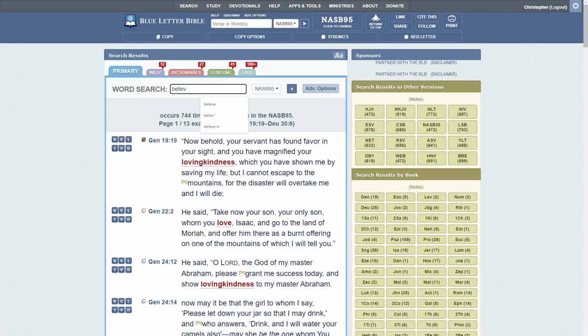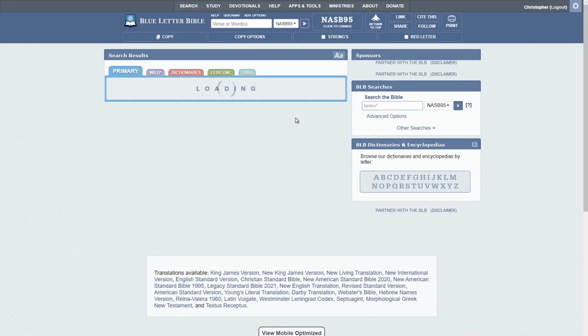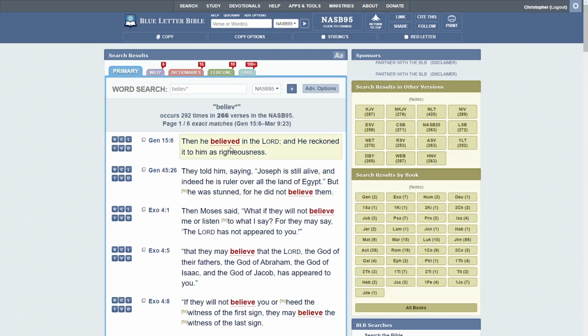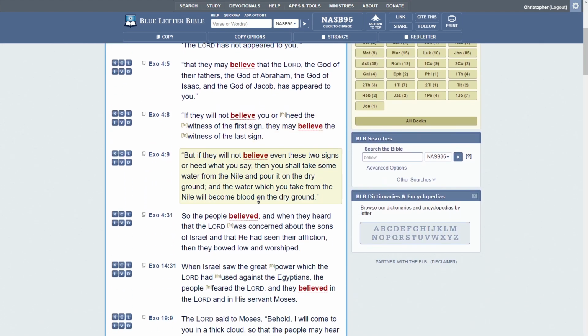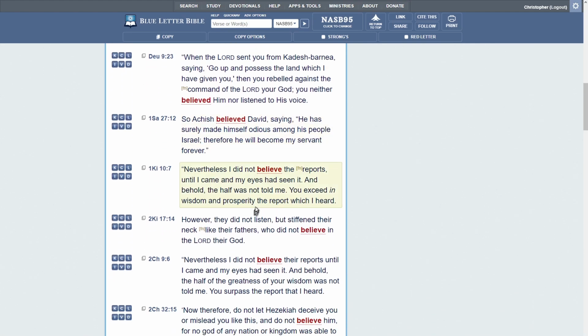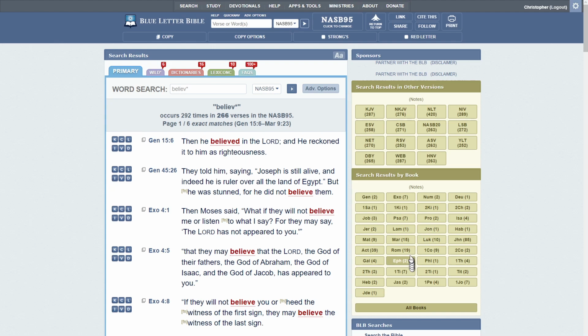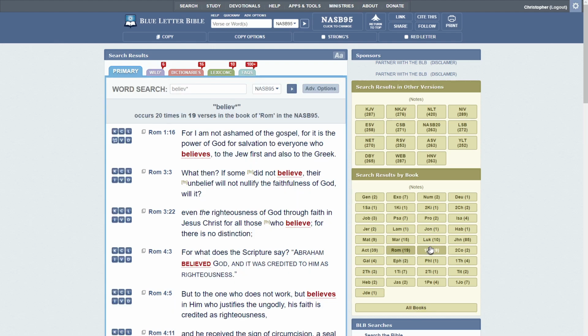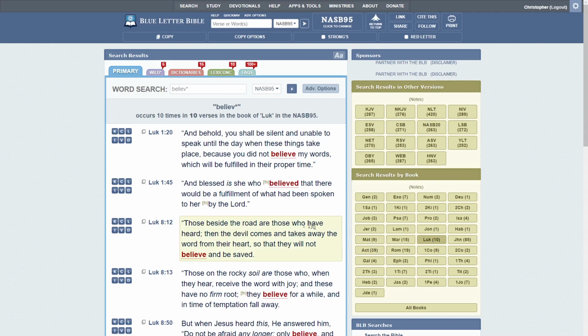So I can search for the word believe, and as soon as I click enter, it is going to search for this word, no matter what form of the word it might be. So you see believed, believe, believed again, and all the different forms of the verb believe, wherever they may occur in the Bible. And again, I can narrow that down just to the book of Romans, or just to the Gospel of Luke, and so on and so forth. So that's an extremely useful feature of the